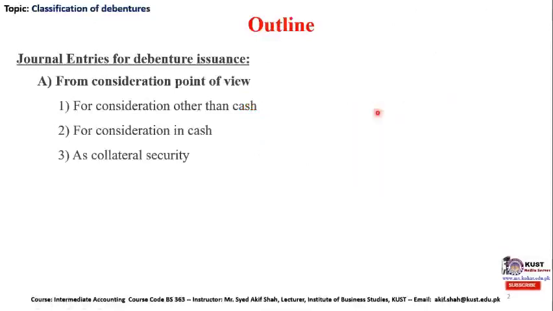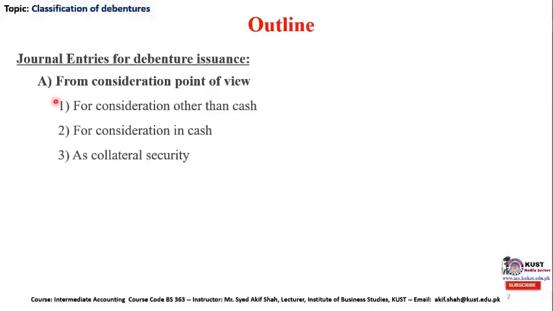The outline of this lecture comprises the following agenda. After listening to this lecture, the student will have a grip on the journal entries for the debenture issuance under category A, from the consideration point of view, under the umbrella of which we will have three different categories and techniques for recording the journal entries. So after listening to this lecture, the student is assumed to be able to generalize the entry for three categories. Number first, for consideration other than cash,